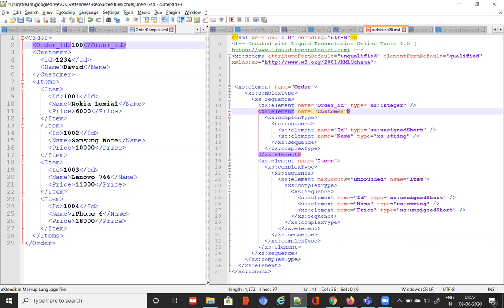Bhaskar, that encoding within the quotation, is it a database character set, UTF-8 or whatever we're taking? No, the database is not coming into the picture here. We'll talk about the database later. Does the encoding within the bracket have any meaning, that UTF-8? Yes, it's basically telling that your XML data will be encoded using that format. I never really thought too much about it, but it's basically saying your XML will allow the characters coming from this UTF-8 representation.